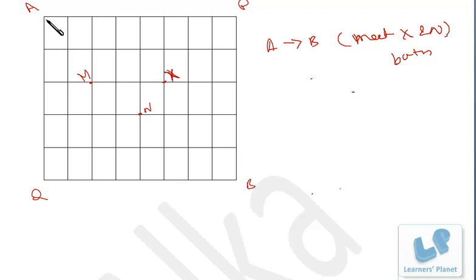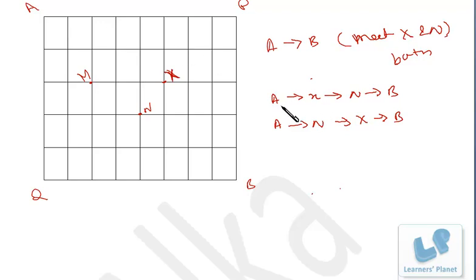See, the path can be designed as, first of all we go from A to X, then X to N, then N to B. So that is A to X, then X to N, then N to B. Or what we can do, A to N, then N to X, and then B, right? So let's find out the number of steps in each case. If both of them are equal, then both of them will be providing the shortest path.